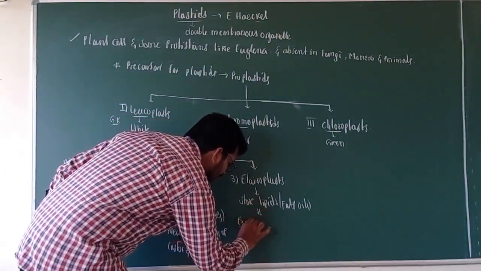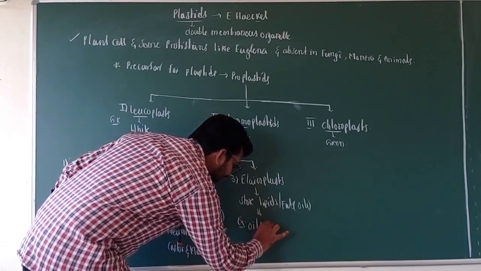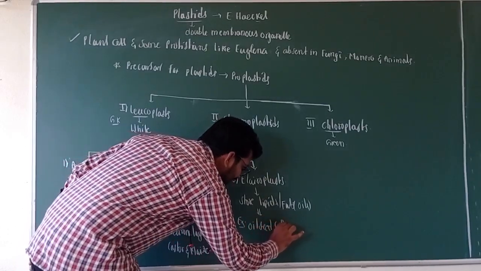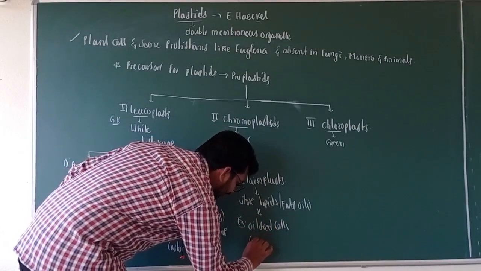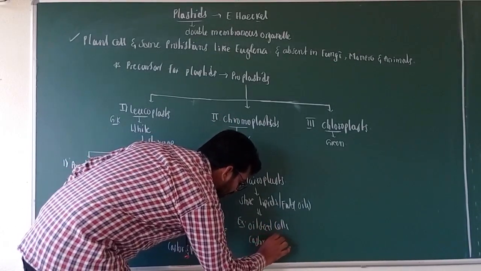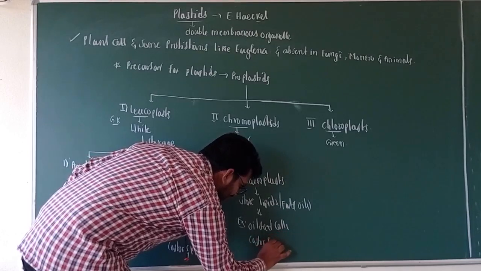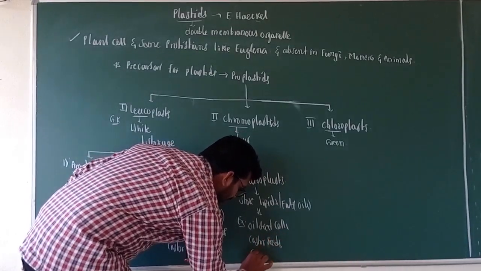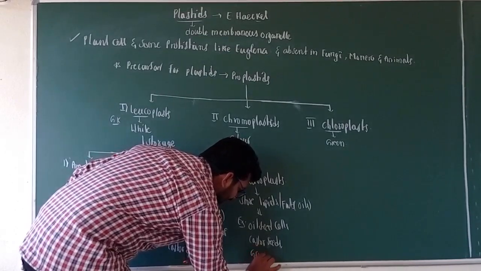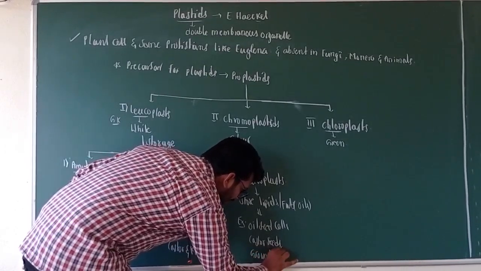Exclusively present in oil seed cells such as castor oil endosperm, castor seeds, and as well as groundnut seeds,